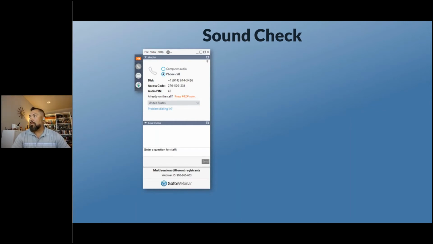I think that's always the best approach so we can maximize all of our time today and get the sound check. So it looks like we've got, all right, I'm going to wait. Let's just make sure. I don't want to jump ahead until everybody has an opportunity to test your connection. So just say hello, say yes, type in that question section, and then I'll see your response instantaneously.